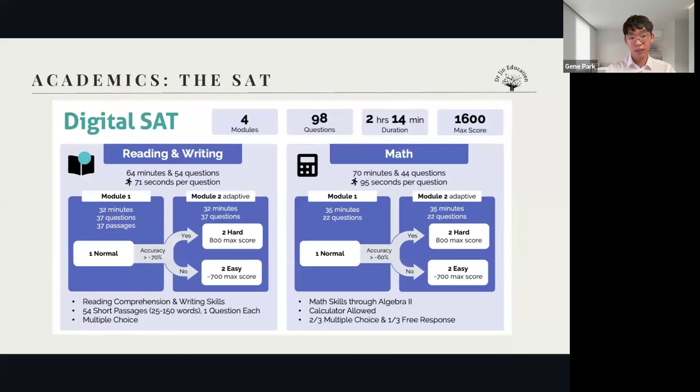But the reading and writing does come first, and you have these different modules. Now the SAT, in the name of equity, is adaptive. In other words, if you do really well in the first module, then module 2 becomes a little bit more difficult to challenge you a bit more. Now, that isn't exactly punishing you for doing well on the SAT, but it is something that you have to keep in mind. And I'm giving you this information just so you have an idea of what the SAT